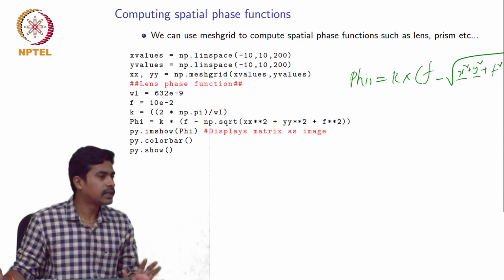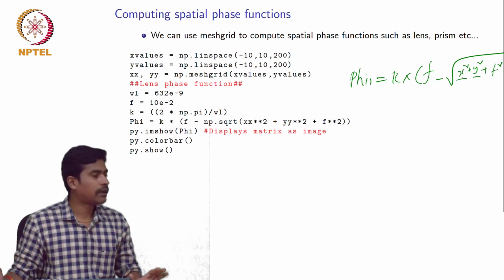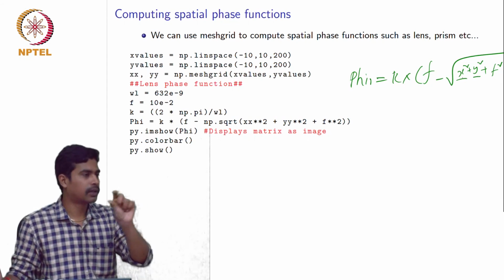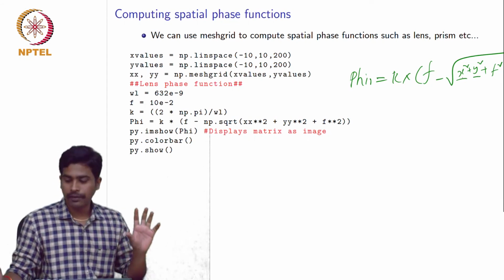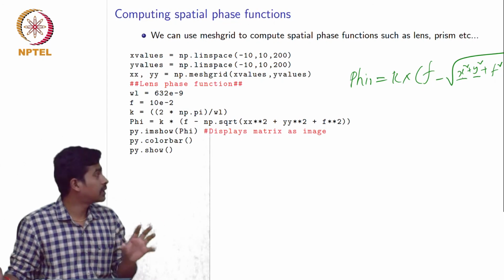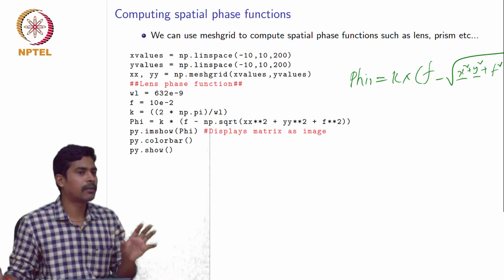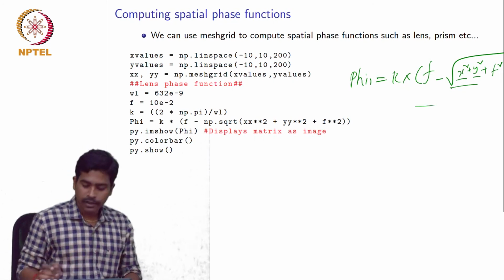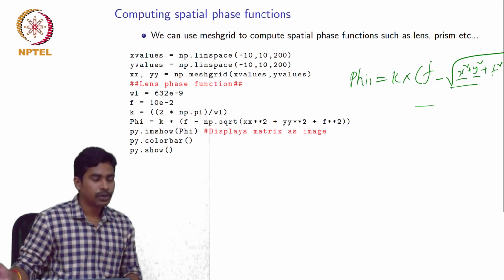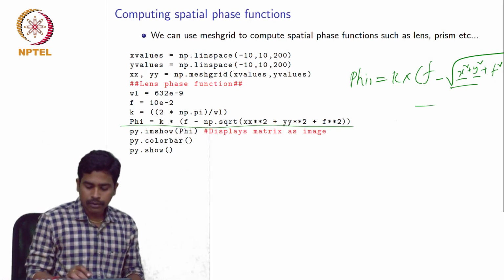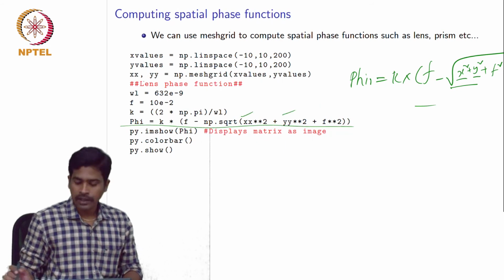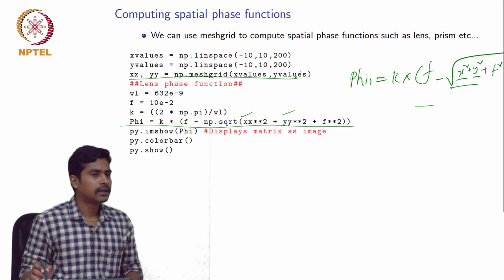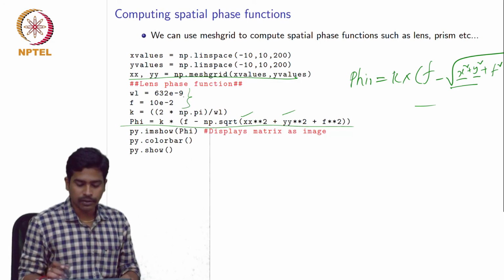Normally if you are doing the same thing with for loops, you have to write two for loops, one for the x coordinate, and inside that another for loop for the y variation. If you have two for loops, each running n times, the complexity is going to be n square; it takes n square iterations to calculate. But in NumPy, you don't have to write any for loop. Whatever equation you are seeing here, you just translate it to a normal Python statement. But this xx and yy you have to calculate using the mesh grid. You understand? So this is how you calculate a 2D lens profile using mesh grid.